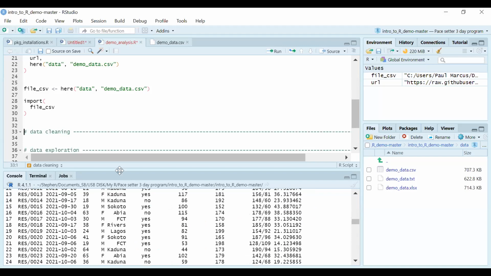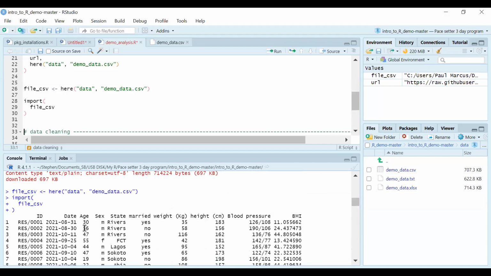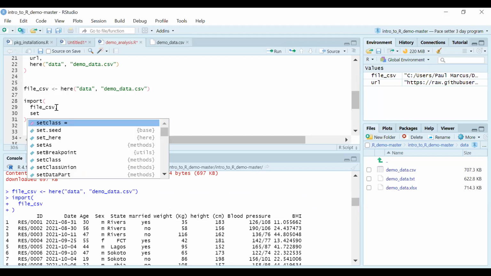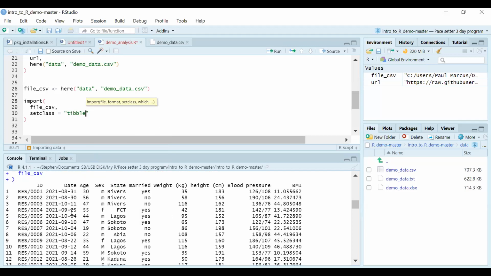Number one is we are having to scroll because this is printing a lot of things for us. It's printing 100, okay? There's a better way to print. Number two is that unlike what I showed us yesterday, where we could tell the type of variable for each column, this is not showing us that. So to do that, we're going to just add one more argument here called setclass equals, I'm going to say table. Table is just a format for printing. And what it does is that it prints only the first 8 to 10 for you,